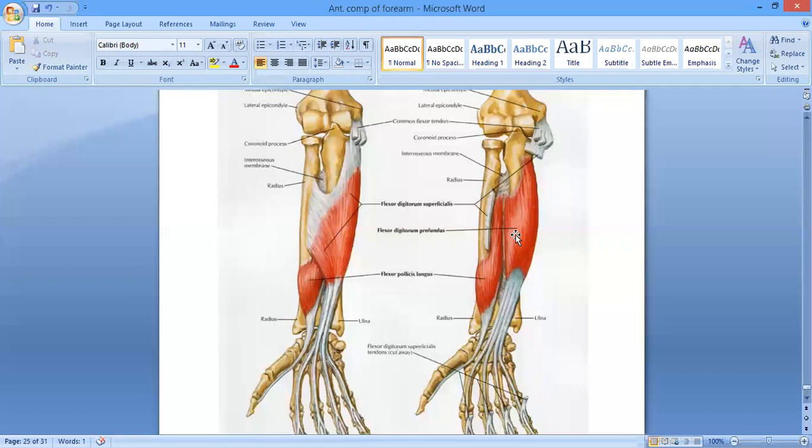Well, this muscle is getting origin from the anterior and medial surfaces of the shaft of the ulna, number one; from the posterior border of the ulna, number two; number three, from the medial aspect of the olecranon and the coronoid process of the ulna; and number four, from the adjoining part of the interosseous membrane. The interosseous membrane's adjoining surface is also giving origin to it.